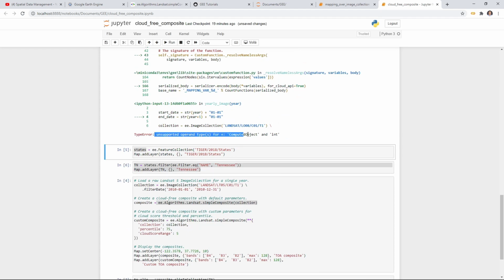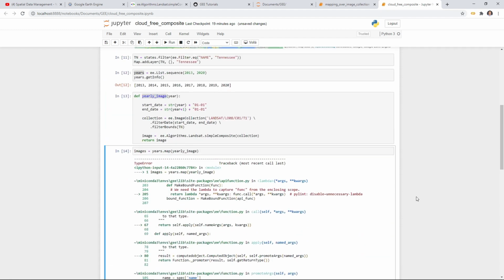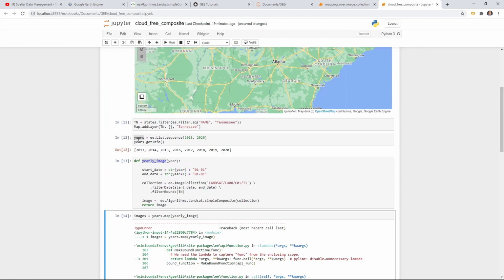Compute object cannot do this for one. Okay, so the year here means that this one is already an Earth Engine object. If we don't convert that one to a string, then we cannot do this, because this is an Earth Engine object. It's not a regular Python object, so we cannot do it this way, but we can also use the other function, maybe called